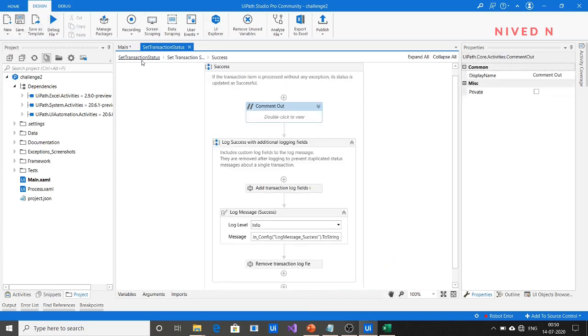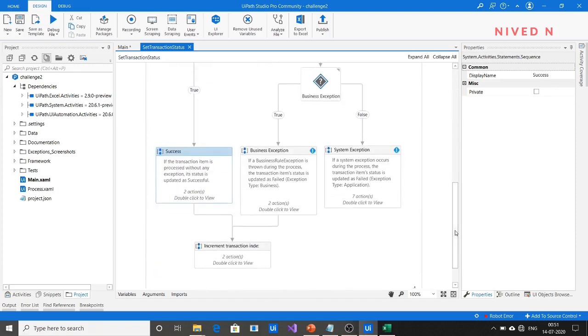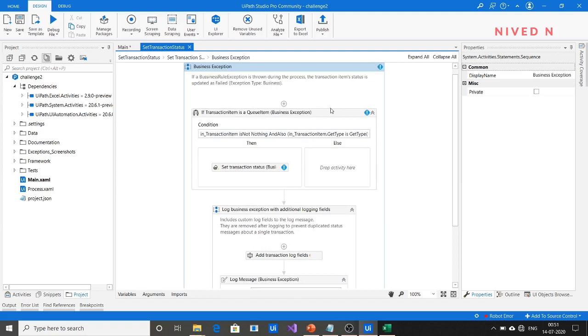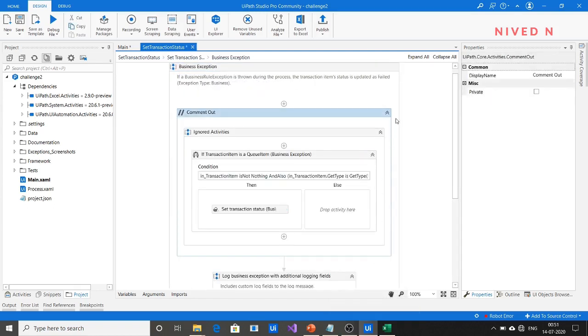Okay, you can disable it, and then go to business exception. Same thing you have to do. Now you can save it. Save this also.